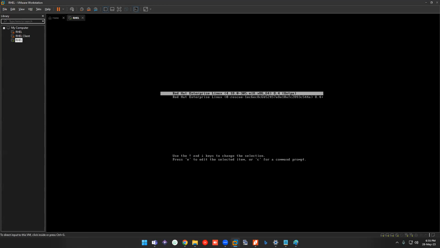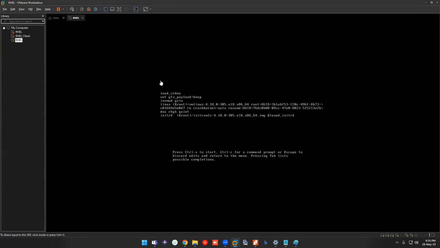Let me press E to show you what it loads. Okay, so you can ignore the first three lines. Actually, they won't be useful for you as of now. The fourth line is a single line, and the first thing it is loading is Linux and the root account. For the time being, it is just an administrator account. We'll see extensively later what the purpose of this root account is.